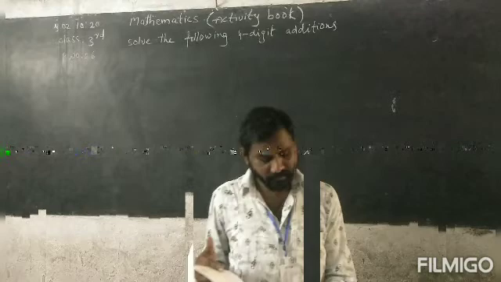Next, we add the digits in hundreds place. That is 0 plus 6. When 0 is added to any number, you get the same number. 0 plus 6, 6. Write 6 down under the hundreds column. Next, 2 plus 1 equals 3. Write 3 down under thousands. Then the sum is 3,687. Next.